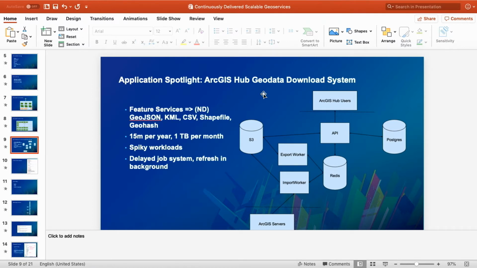So I want to follow up on his question because the title of the talk is about scalable geoservices. And it's really a download service. It's not really a geoservice. I disagree with that. So the download system is providing spatial querying and filtering, and powering a spatial GeoJSON API,